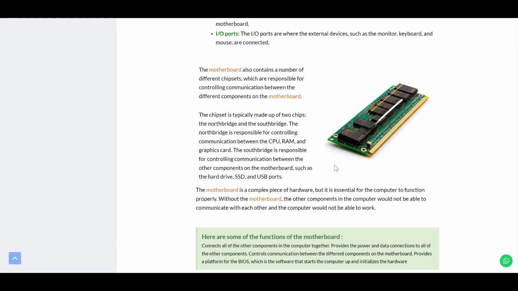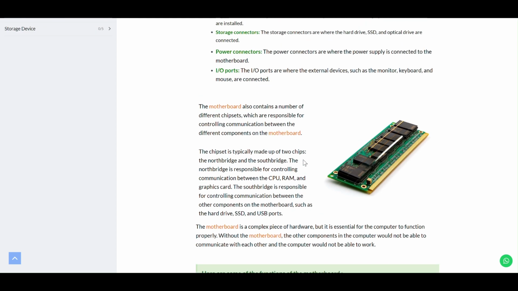So sir, you have told about the North bridge. So what is South bridge? The South bridge is responsible for controlling communication between other components on the motherboard, such as hard drive, SSD and USB. So it's very clear. What are the responsibilities of South bridge? It controls the communication between the motherboard and components such as